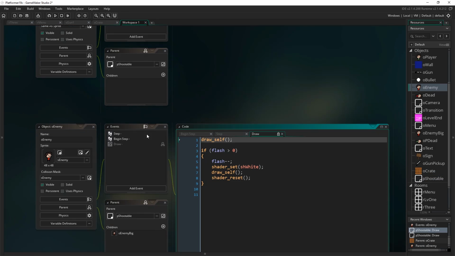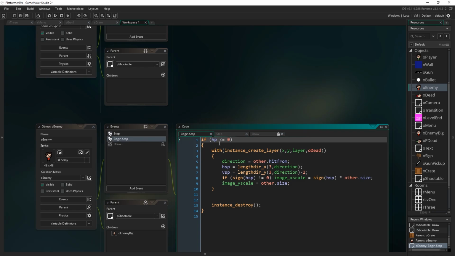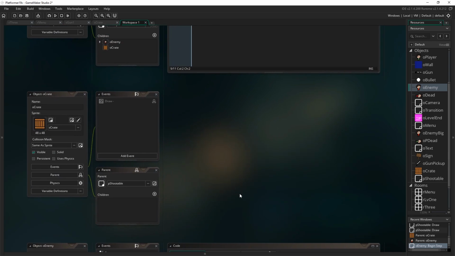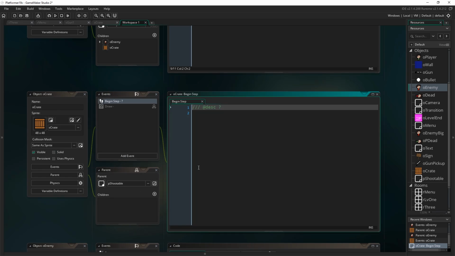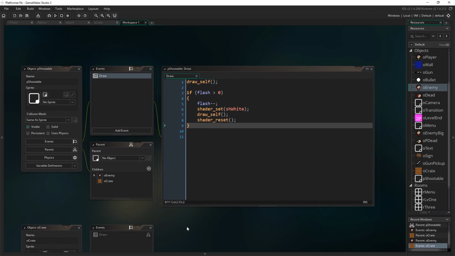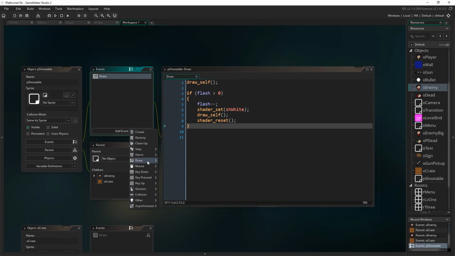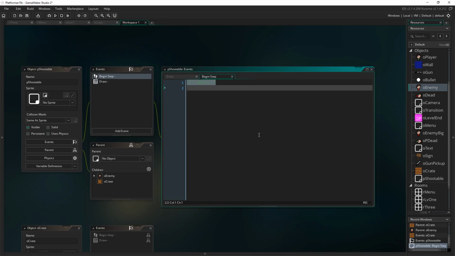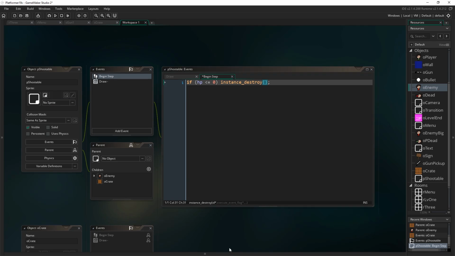Our enemy has its own way of handling itself dying, where it says if hit points is less than or equal to 0, instance destroy. So what I'm going to do is not overwrite that event, but create a begin step in our pShootable object. Begin step that just says if HP less than or equal to 0, instance destroy, just so we have basic code there in case a child of shootable doesn't have anything fancy we want to have happen when this happens,